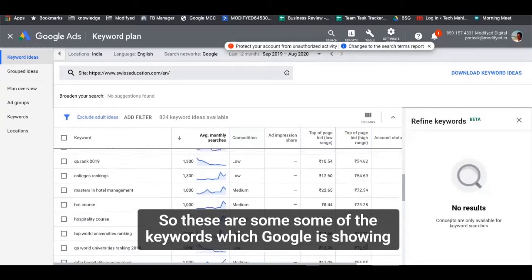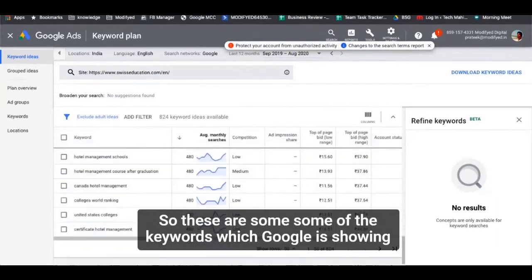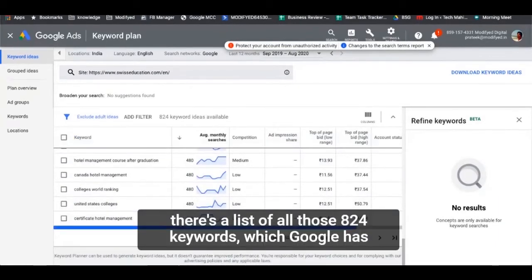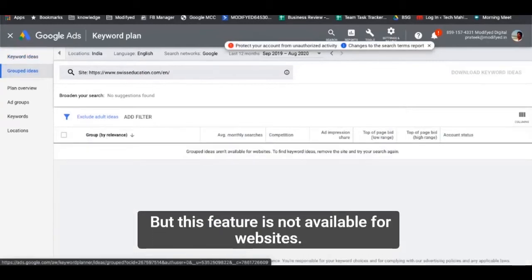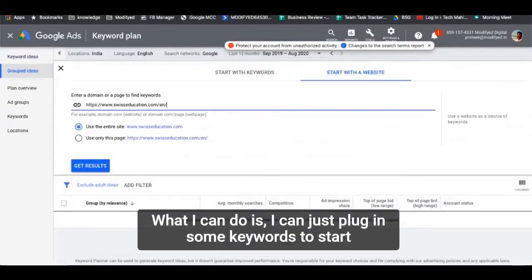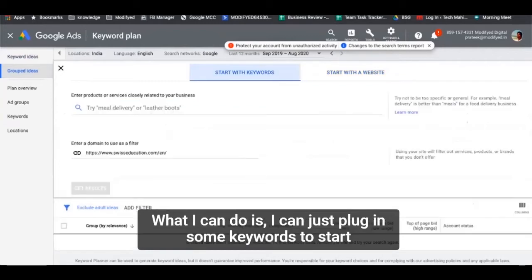Right. So these are some of the keywords which Google is showing. There's a list of almost 824 keywords which Google has thrown. Right. Google also has an option of showing grouped ideas, but this feature is not available for websites. So in this case, what I can do is I can just plug in some keywords to start with.